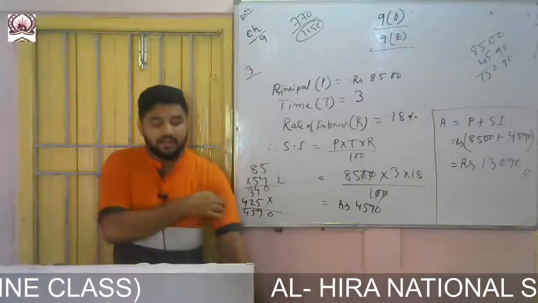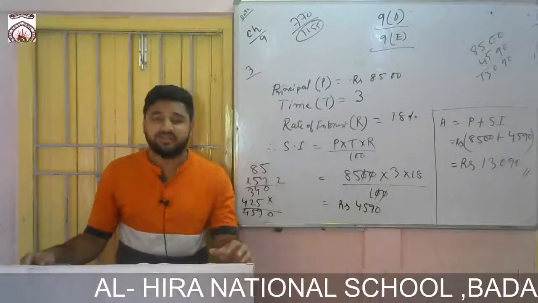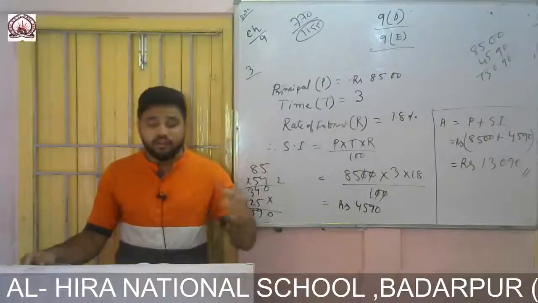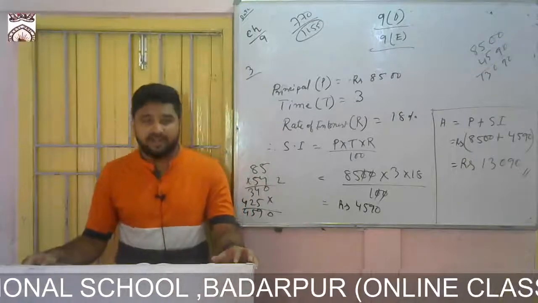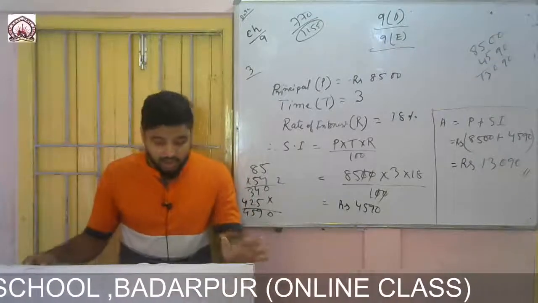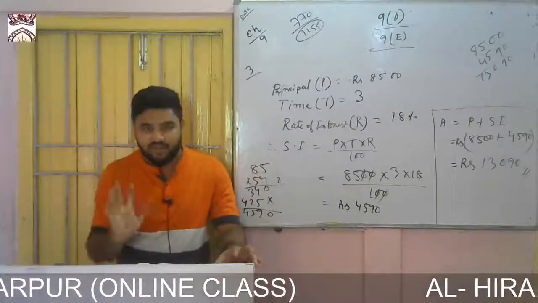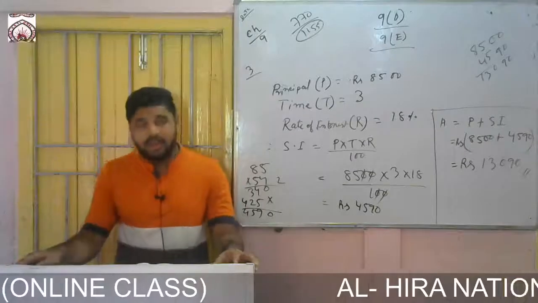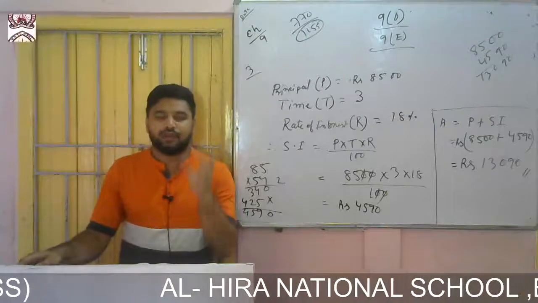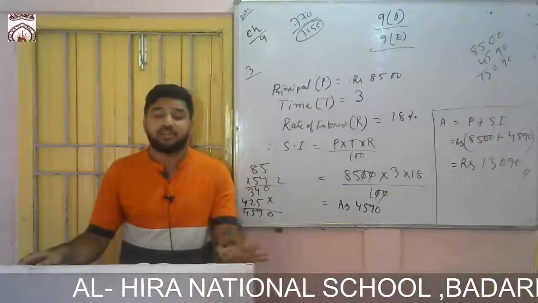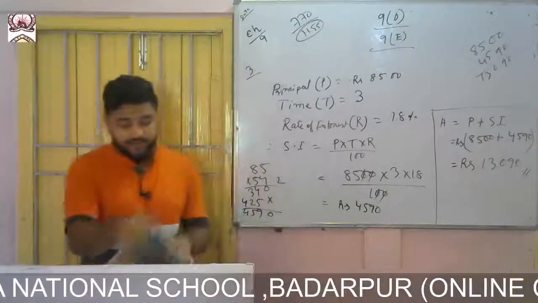That means a farmer took from a bank an amount of rupees 3600, and he needs to pay the interest of 15% per annum. So what he did after 4 years: he cleared all the amount whatever needed with 4000 and a cow. Now the question asks, what is the cost of the cow? So let us find.